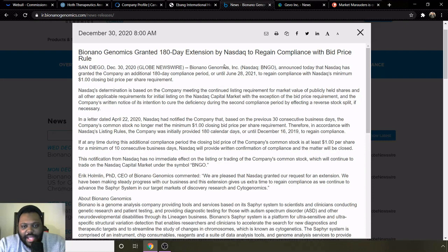Yesterday they announced that they had a 180-day extension from NASDAQ to regain compliance with the bid rule. So this rule basically granted the company an additional 180 days of compliance, or until June 28, 2021, to regain compliance with the minimum $1 closing bid price per share. So basically they have to have,